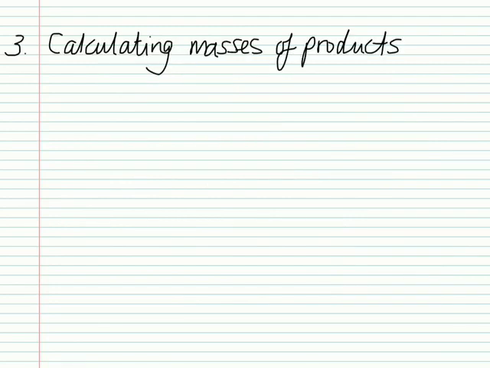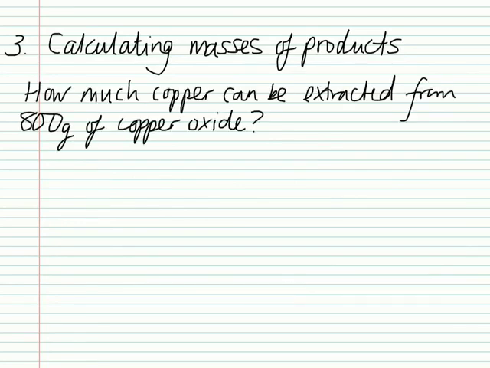The third thing you need to be able to do is to calculate the masses of different products of reactions if you're given the equation or the information about the reaction itself. Let's look at an example. How much copper can be extracted from 800 grams of copper oxide? I.e., if you dug up 800 grams of copper oxide out of the ground, how much copper could you then